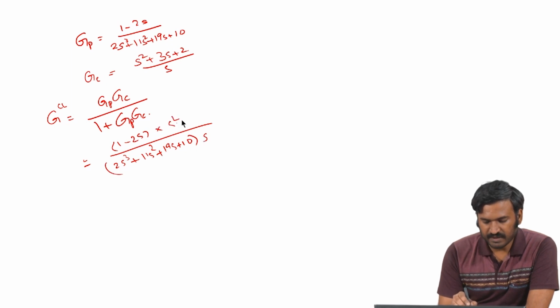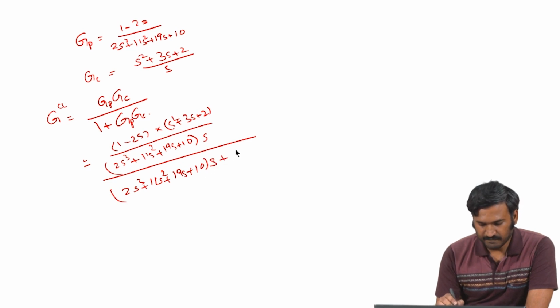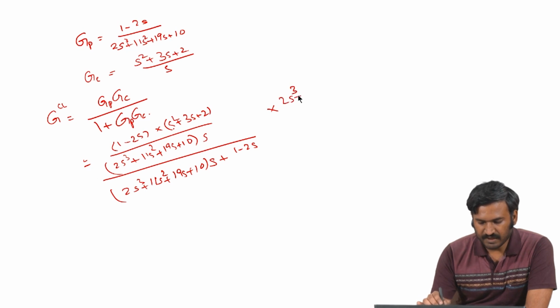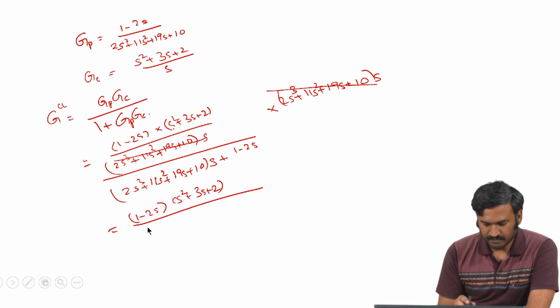So, there is s square plus 3s plus 2 in the numerator also, divided by 2s cube plus 11s square plus 19s plus 10 into s plus 1 minus 2s multiplied by 2s cube plus 11s square plus 19s plus 10 multiplied by s. Now, these two get cancelled. So, we will have 1 minus 2s times s square plus 3s plus 2 divided by,